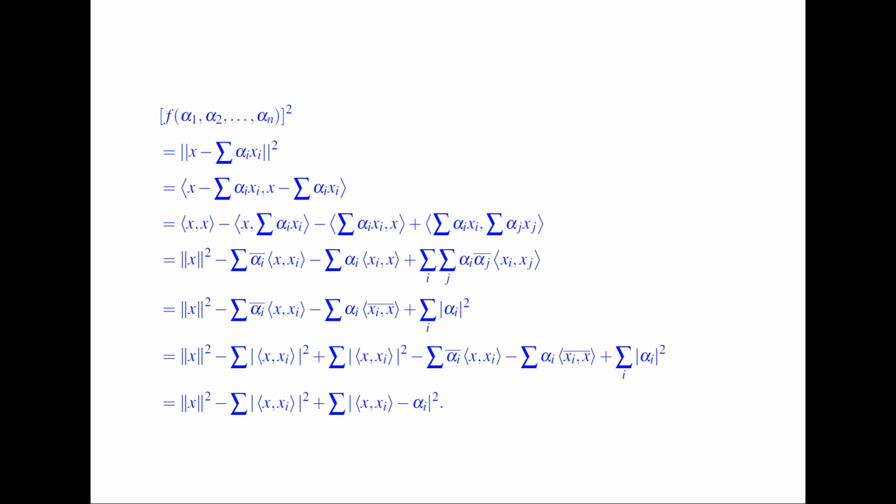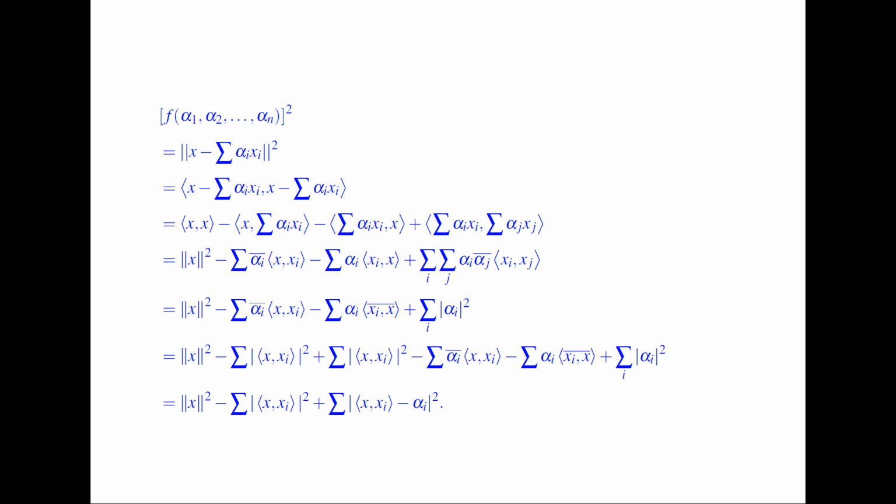Now further, the inner product of x comma x is equal to the norm of x squared, minus, when it comes from the second argument, alpha i bar into the inner product of x comma xi, minus the summation of alpha i into the inner product of xi comma x, plus the summation over i and over j of alpha i alpha j bar into the inner product of xi comma xj. So this is equal to the norm of x squared minus the summation of alpha i bar times the inner product of x comma xi, minus